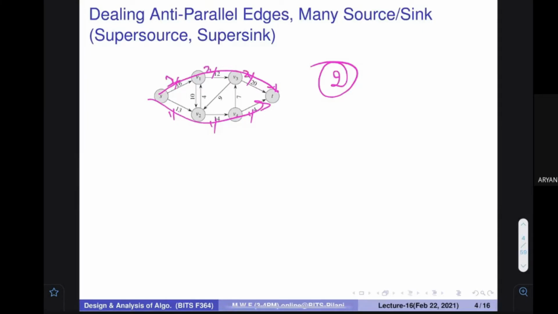Initially the flow is 0. For example, if this is the network, the flow is 0 here. There are only capacities shown. So if I say a flow of 1 is over here, 1 is over here, 1 is over here, 1 is over here, I think 1 I can pass. So how much total flow is there? Total flow is 2, because on this line 1 is coming and on this line also 1 is coming. Is it maximum? The answer is no, because I can put 2 over here as well, so it becomes 3, so I can increase it. Okay, all these things are clear to you.